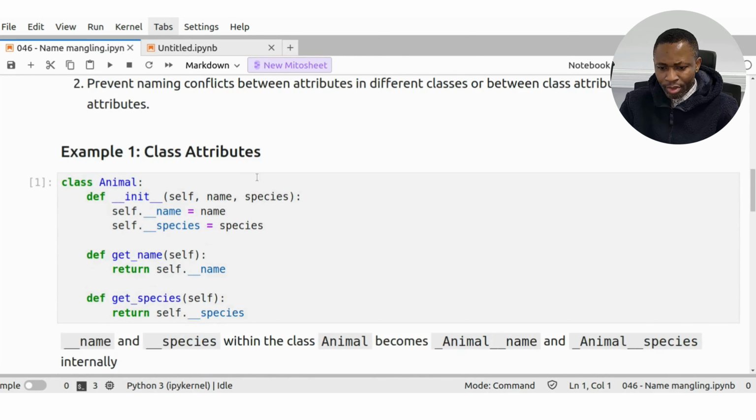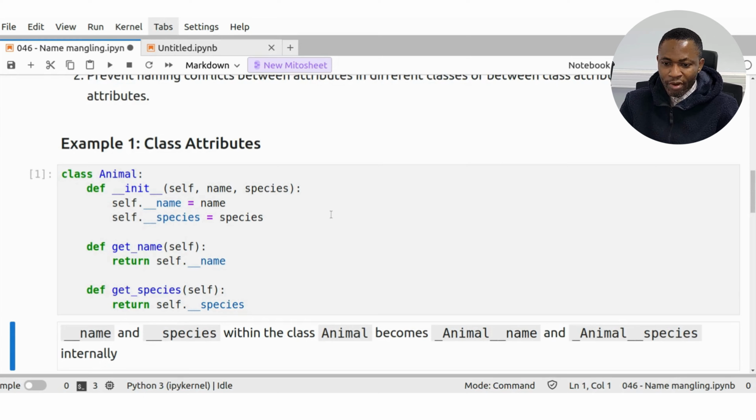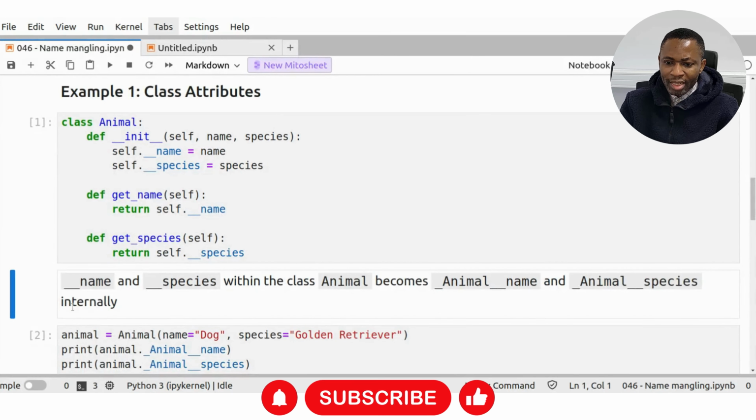Now let's look at an example. Example one. First, let's look at class attributes. Then we'll go to class methods. So here I have a class Animal, instantiated with the parameters name and species. And then I have mangled self dot double underscore name equals name, self dot double underscore species equals species. So these attributes become private to this class and can only be accessed from within the class, and that's why I have getters here: get_name returns self dot double underscore name, and get_species returns self dot double underscore species. If I run this, I have this in my namespace,